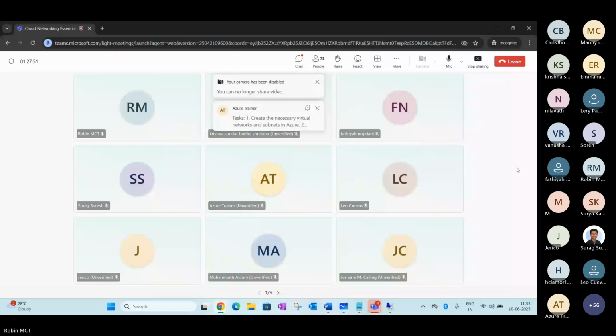The answer also I have given on the chat here. Just give me a second. Facing some challenge copying into the chat window. So I just made a few questions and a few tasks here. You can practice this when you get free time. I just added the answers also here. So when you get free time, you can go through these questions. So that's about the vNIC part here.